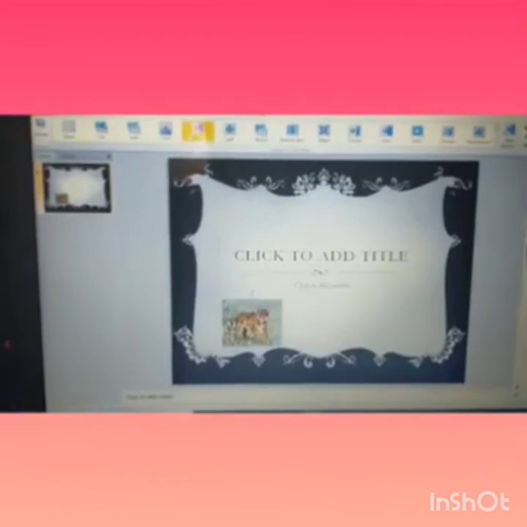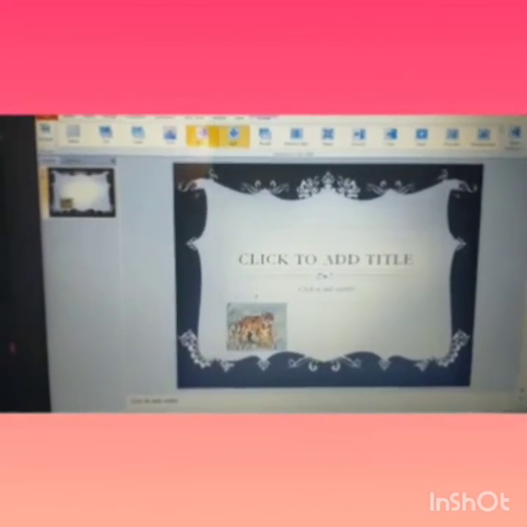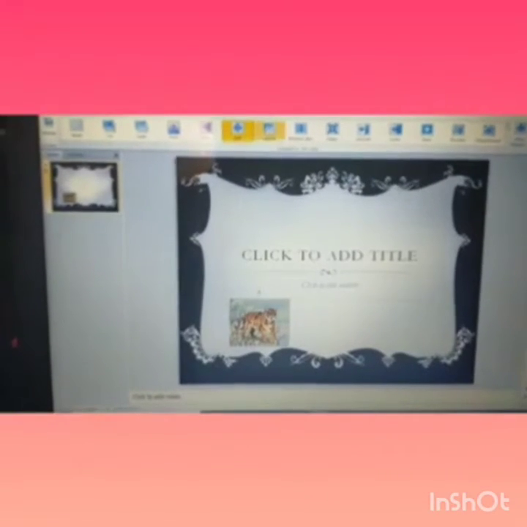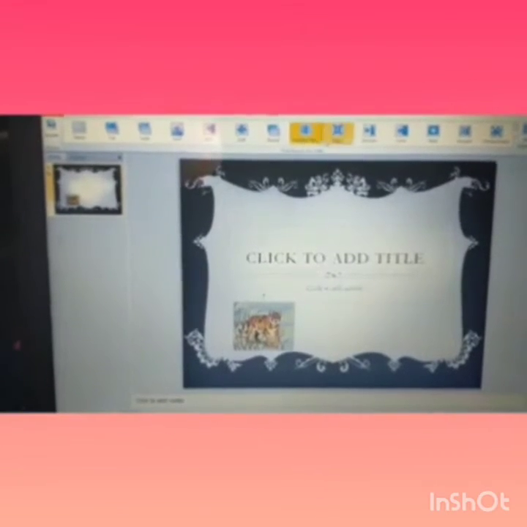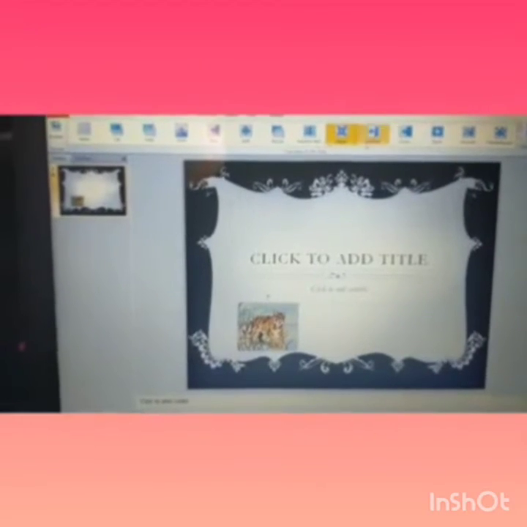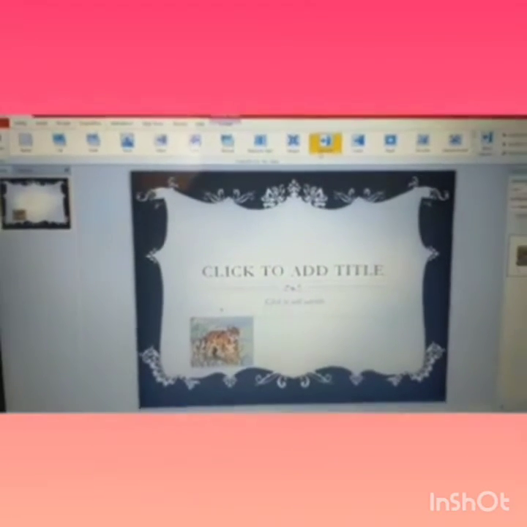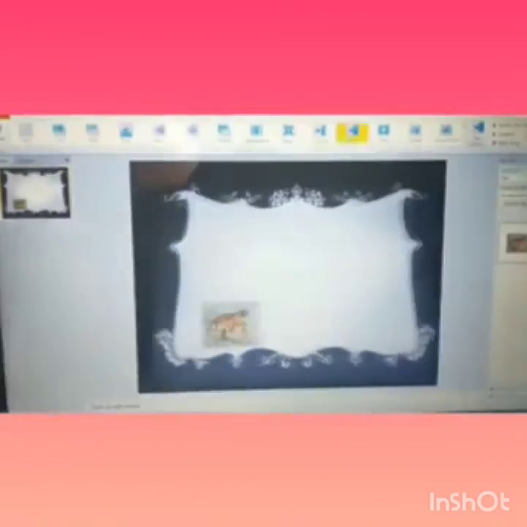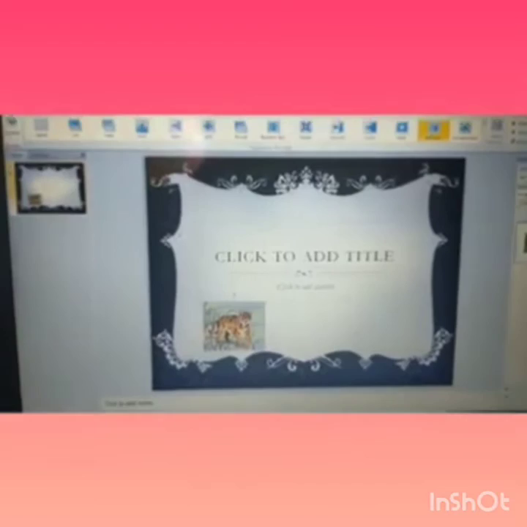So different kinds of transition you can see here: split, reveal. So you have to select any one transition effect, as I am selecting dissolve.